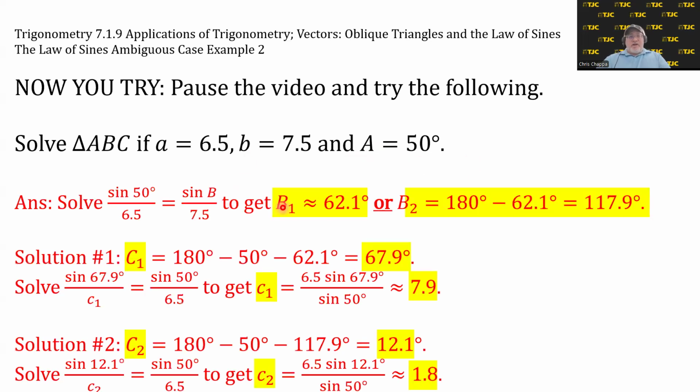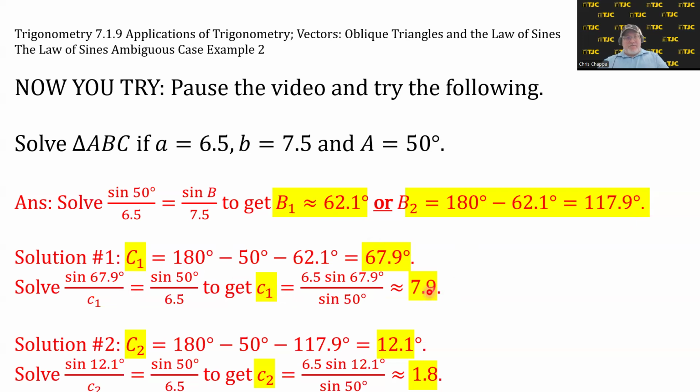If we set up the law of sines, we get sine of 50 over 6.5 equals sine of B over 7.5. Solving gives us a first angle of B of 62.1 or its supplement of 117.9. So for the first solution, where angle B is 62.1, we get angle C is 67.9 degrees, and then we set up the law of sines to get side